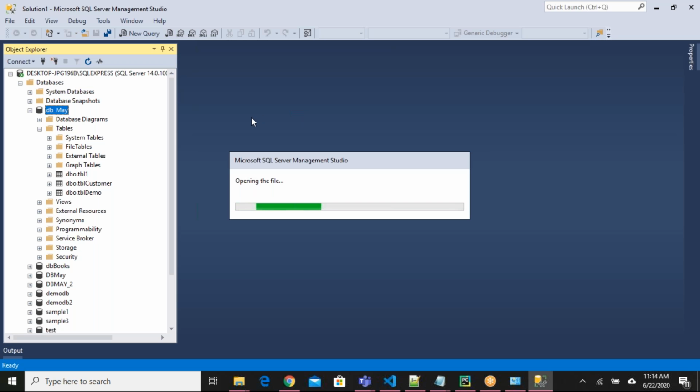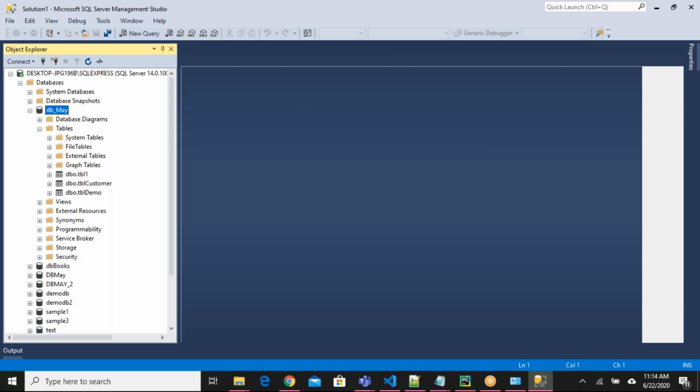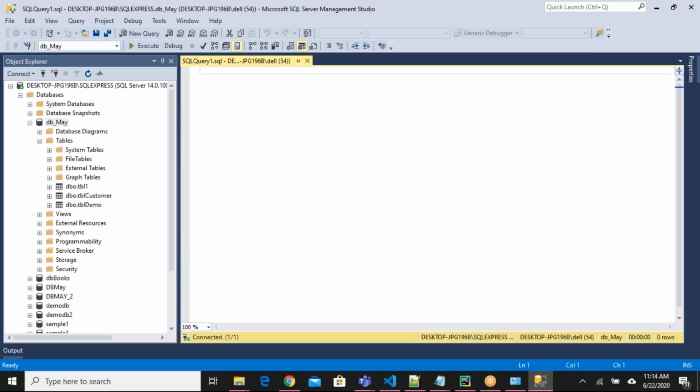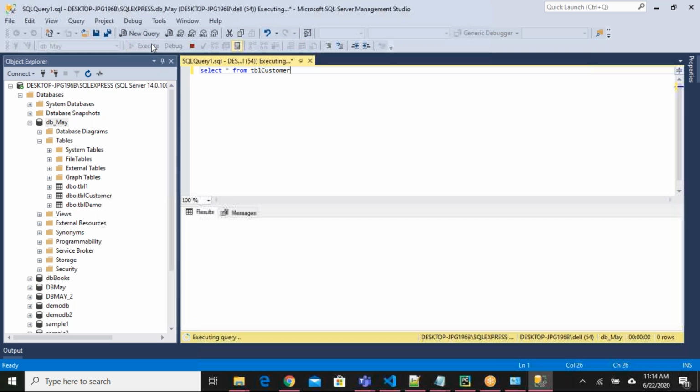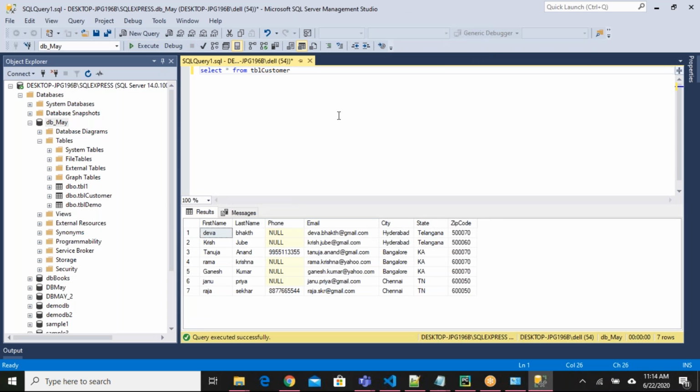Today, let us see some retrieve statements. As I said yesterday, select star from TBL customer will give you all the records of a table. Let me save this also.